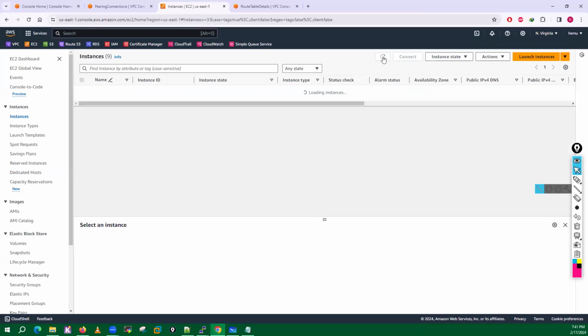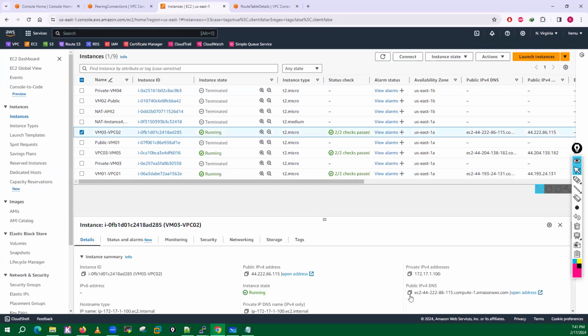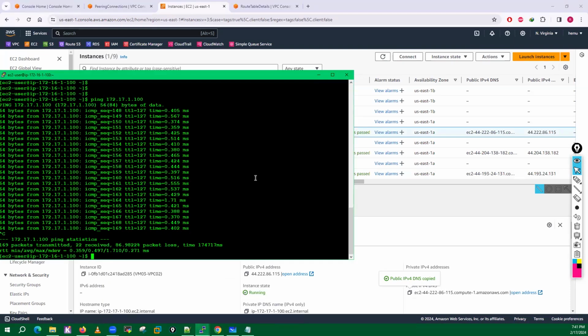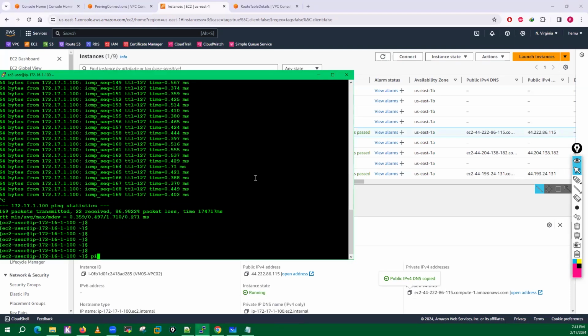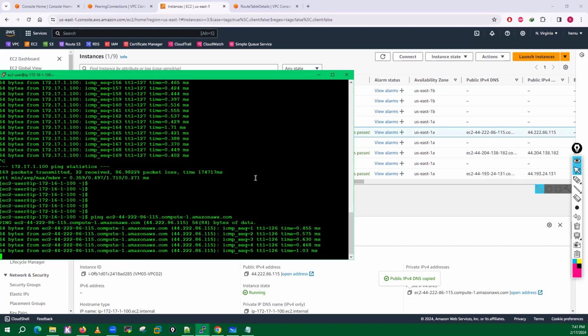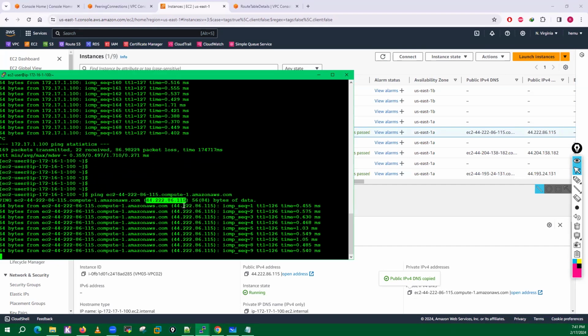Where is that one? One minute. Let me refresh it. This is the VPC02. Let me select the public DNS name. I'll go here and let me just ping this name. Right now, see, ping is happening, but it is resolving with the public IP address, right?